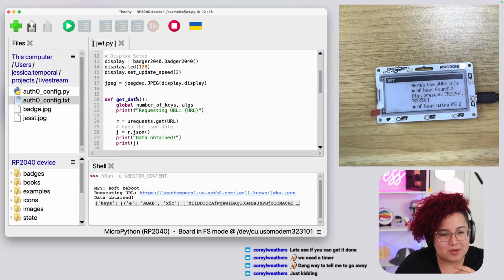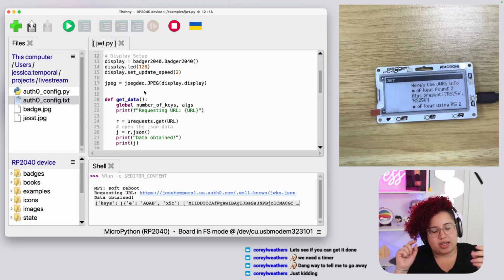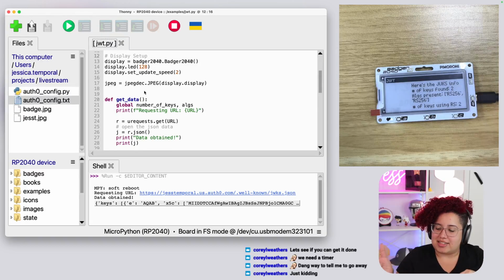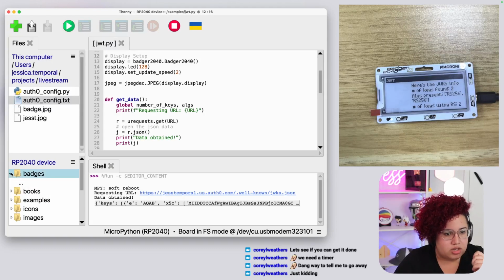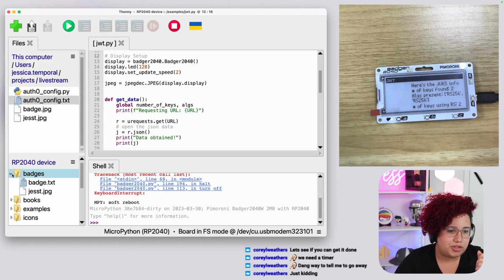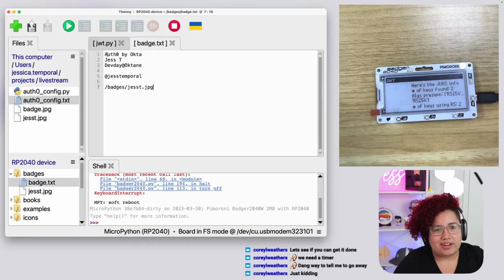So let's go to example. So the way that I like to do this is because I already configured the badges for this. So the badges inside of these little devices, they have a picture and they have a .txt file, so a text file, where you read the information to display on the screen. So for example, I can even show you one. I need to stop first and then I can show it to you. If I open the badge.txt file here, I have my information. So this is usually what I show when I'm using this badge as part of an event.